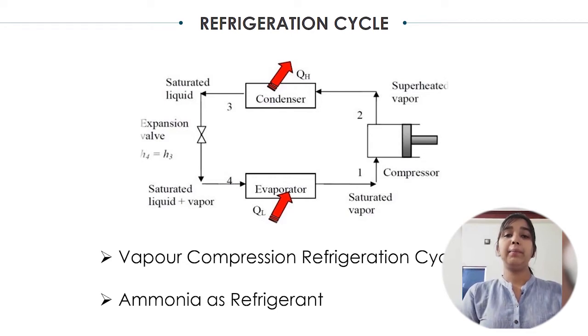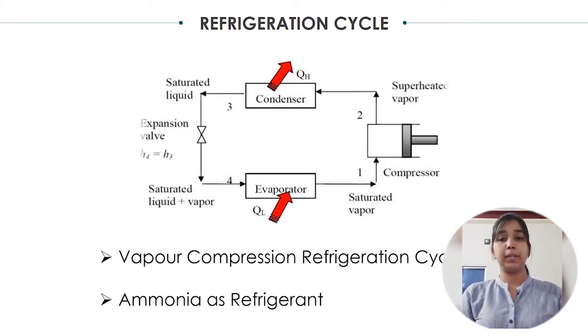The high temperature and high pressure refrigerant goes to the condenser, where it rejects the heat at constant pressure, and then it flows to the expansion valve, where it expands and again goes to the evaporator to follow